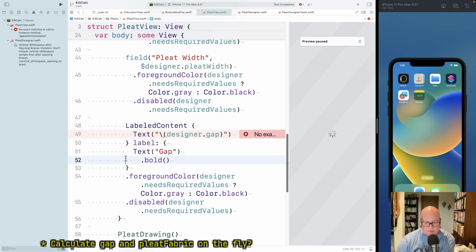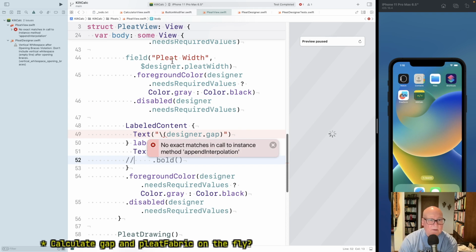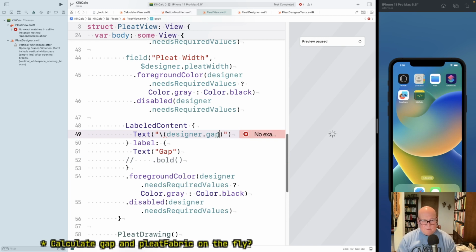Yeah, that's an idea. What's going on here? No exact matches in call to interpolate. Maybe I do this. Gap. Else. Oh, this one's